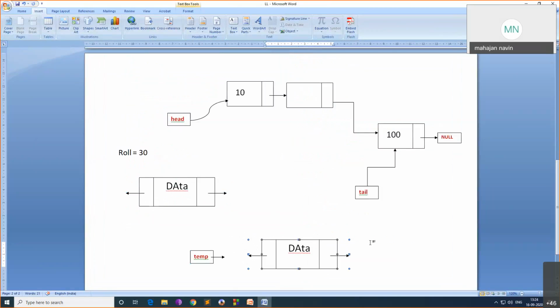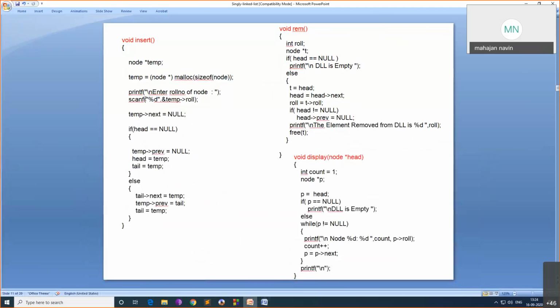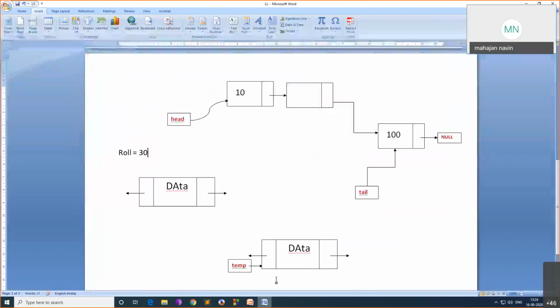Initially a new node is taken and temp will point to this. Check this here: temp equal to malloc of size of node. The whole thing is created in memory and its address is returned and given back to temp. That means temp is pointing to this free space.